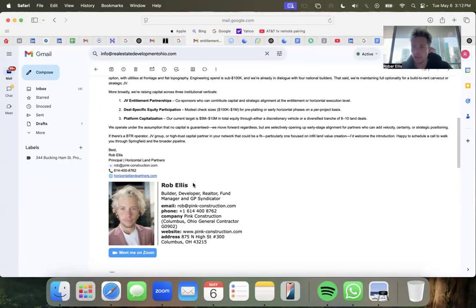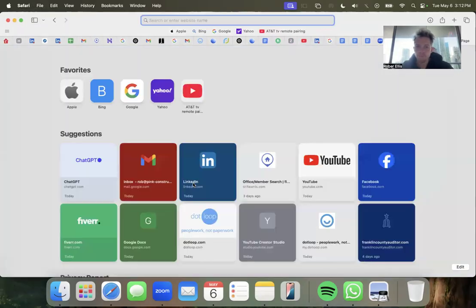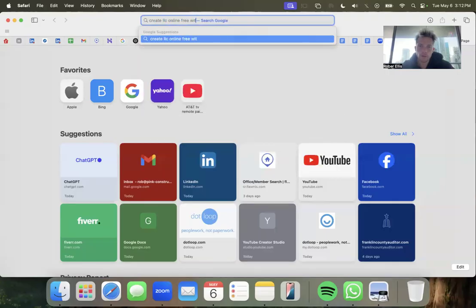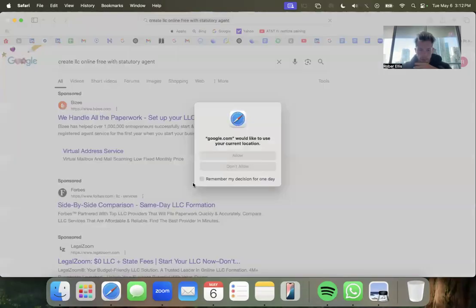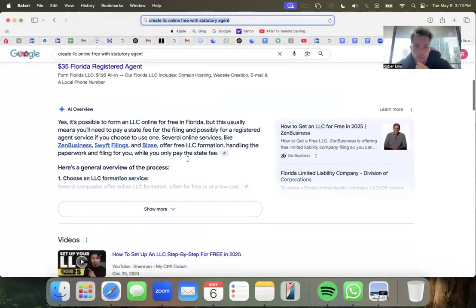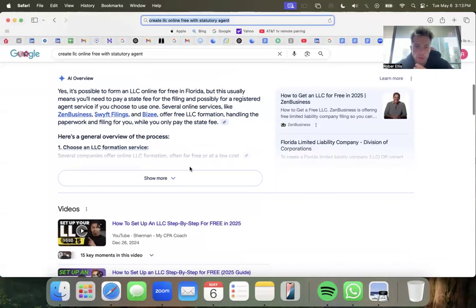Okay, my name is Rob Ellis, and today is our May update on our Springfield deal, which is 27 acres. So what we're doing is